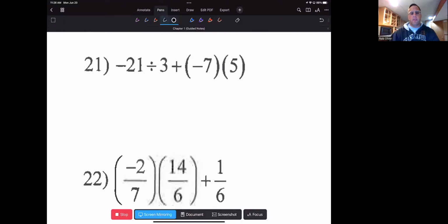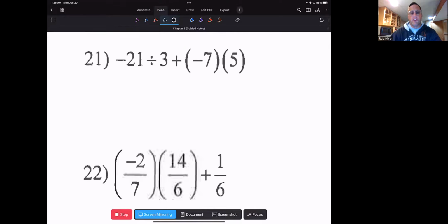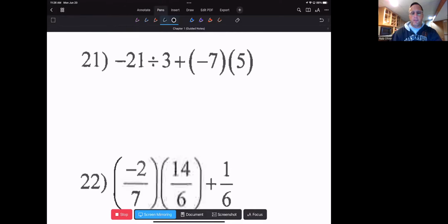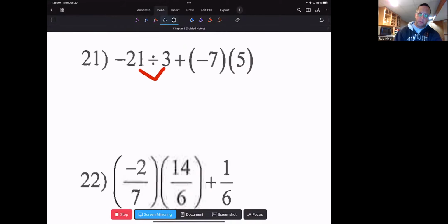All right, now this one has a mixture of addition. It's got division in it, got multiplication. So when multiplication and division are in it at the same time, just go from left to right. So let's do that part first. And that's all I'm going to worry about first. So we got -21 divided by 3 is -7. So I'm going to drop down the plus, and then -7